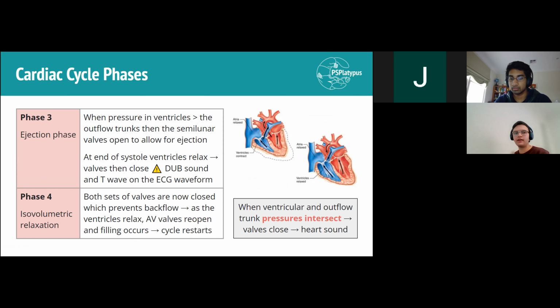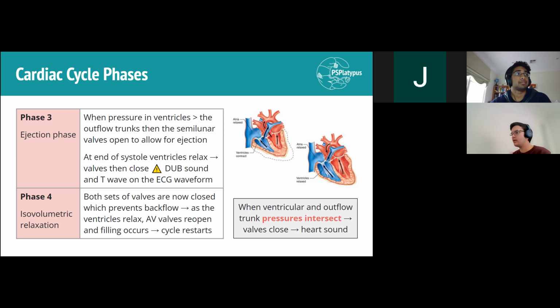So this time, again, both the valves are completely closed. So it's going to be isovolumetric, fixed volume, and the ventricles have relaxed. So everything is closed, which prevents backflow. And now eventually, as the ventricles start to fill again, the AV valves will reopen, filling starts, and then the cycle can recur again. Okay, now just to give you a little tip, if you're having trouble remembering this,